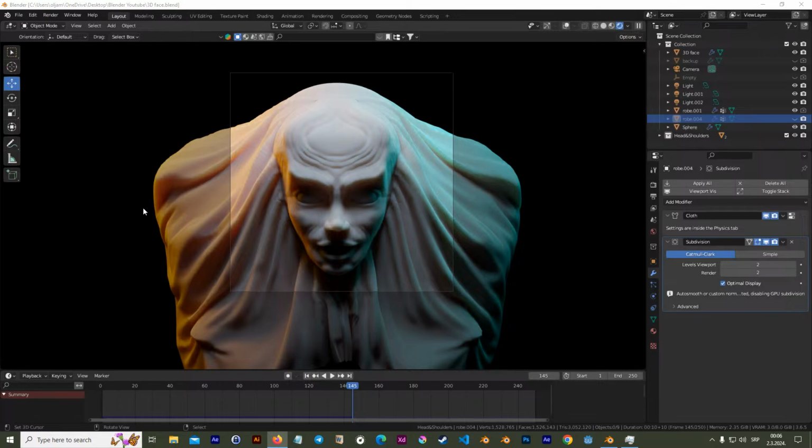If you ever update Blender with a new clothing system, please don't delete this one,